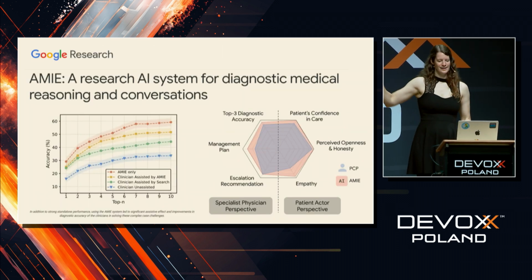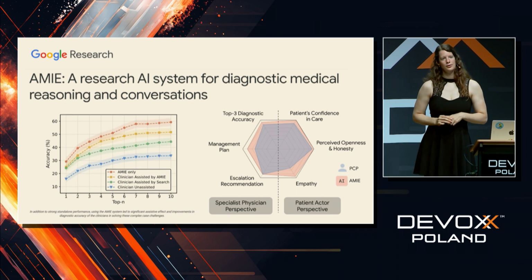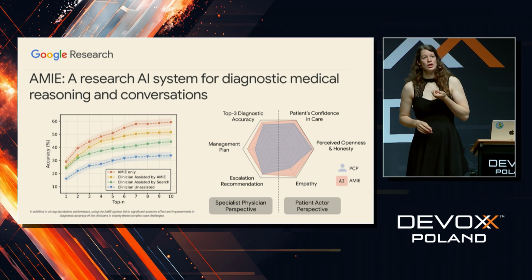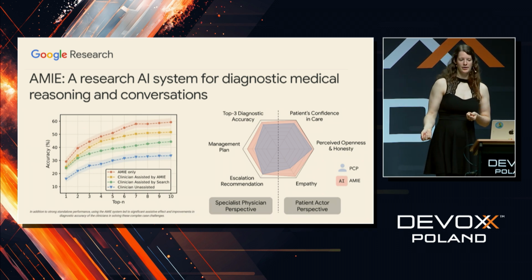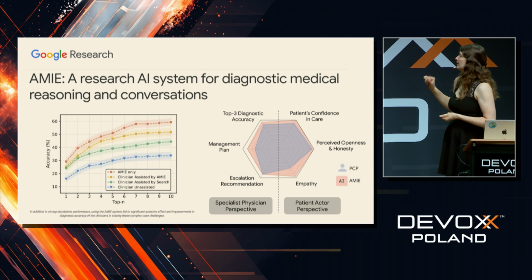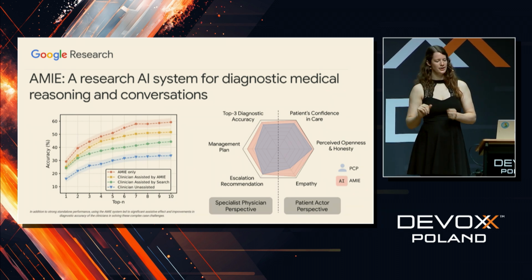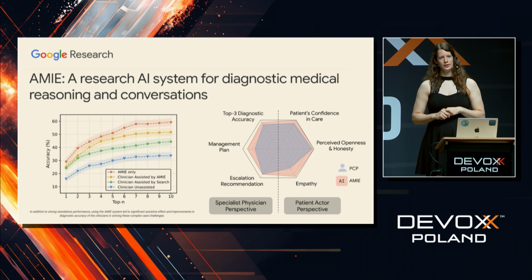Just a little side note on this is Google AMIE. This is a model that Google trained to help with medical diagnosis. And I want to just show this to you because it's so good. These models are getting so good, so we will want to build applications around it. What you can see on the right is how the doctor scores in this purplish, and then in the pinkish, how good the AMIE chatbot scored. And as you can see, it outperforms the doctor everywhere, even for empathy.